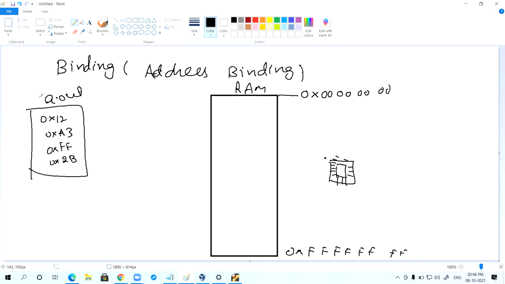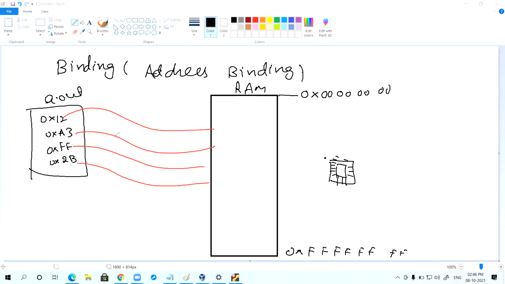Now my question is, these opcodes need to go and sit into some location in the RAM. Once they are sitting in that location, the CPU will fetch from that location, decode it and execute it.